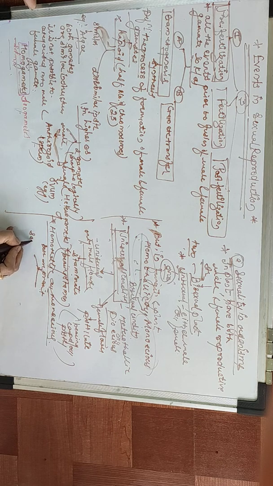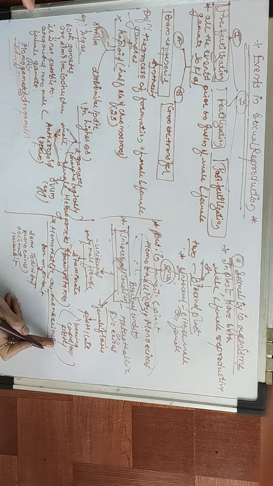If they are present in the same individual, then it is called monoecious. An example of monoecious is coconut, and one more example is cucurbit. These are two examples of monoecious. If they are present in two separate individuals, then it is called